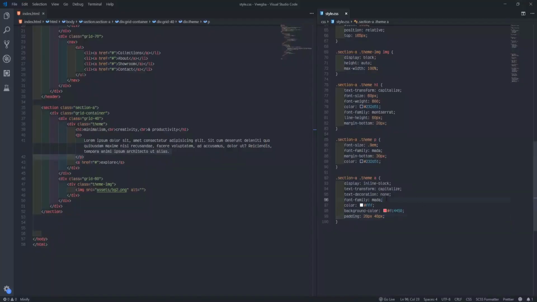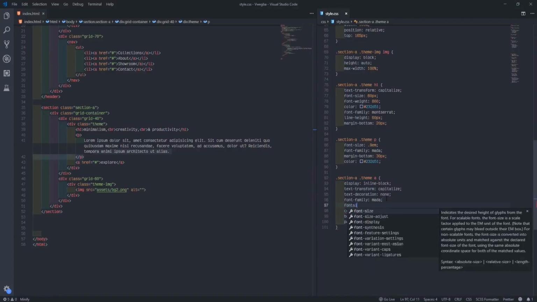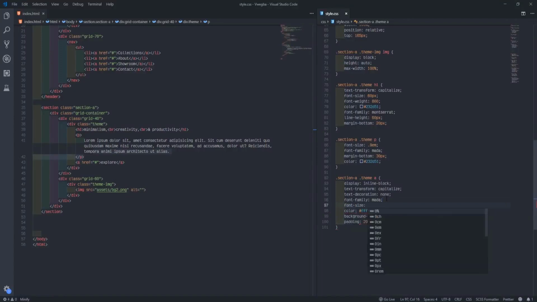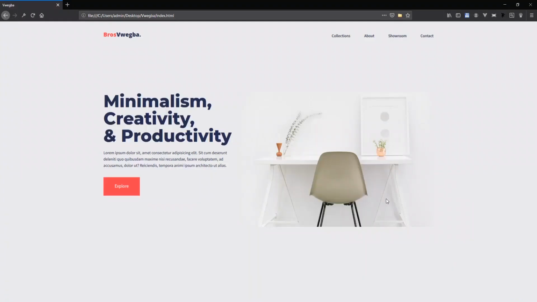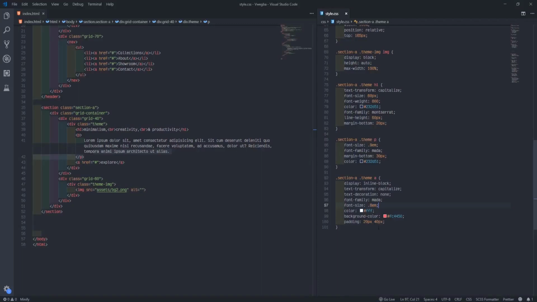We'll give font family first. Sorry, font size first. So font size, we must use 0.8em. Okay. Here is too long. Why is here too short? More guys would use like 60. 60. More would use like 18.